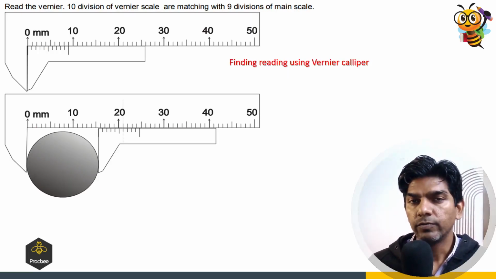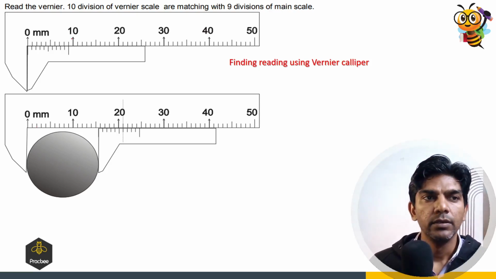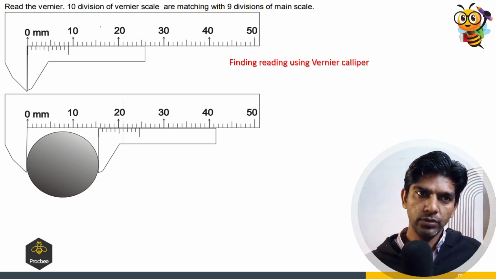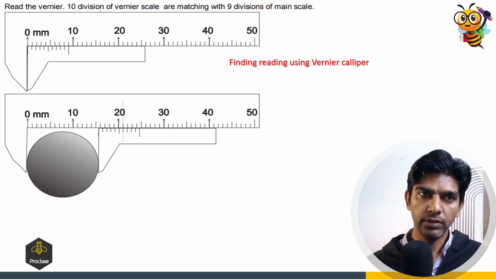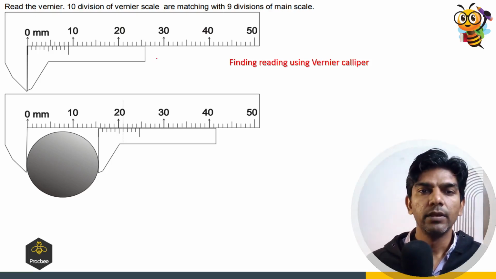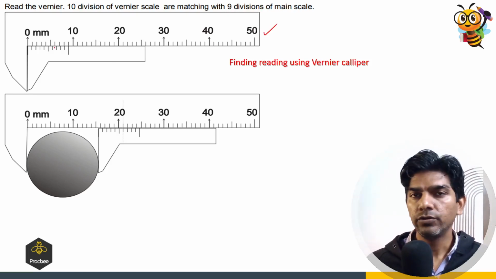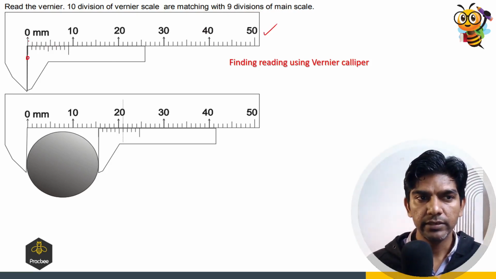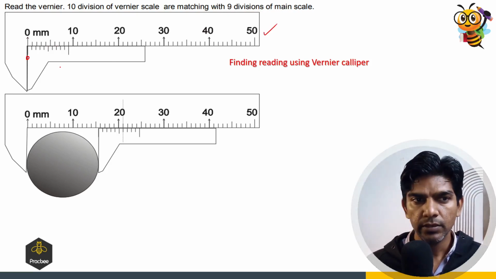Now let us see how we can find the reading using Vernier caliper. So let us see this question. The 10 divisions of the Vernier scale are matching with 9 divisions of the main scale. Now when both the jaws are locked together, 0 of the Vernier scale is coinciding with the 0 of the main scale. So we can say there will be no 0 error,